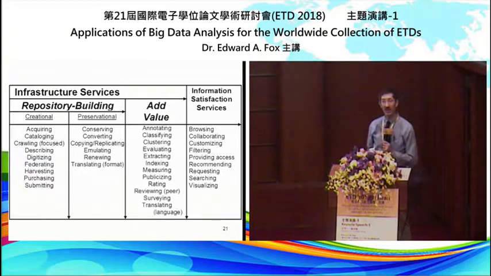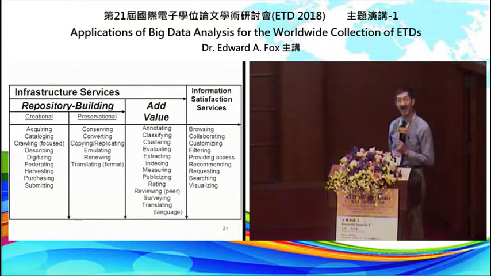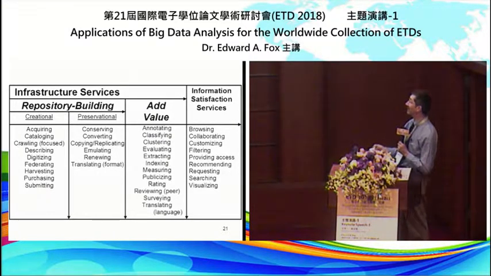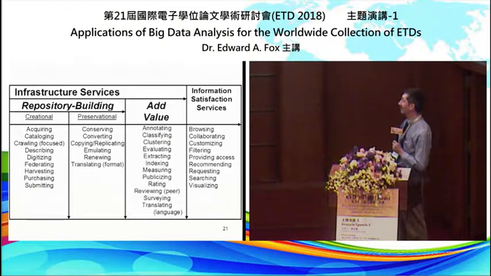But then we also want to add value. So cataloging is doing classifying. With computers, we can do clustering to help with that process. We do indexing. We do rating of things. We do peer reviewing. All of these things add value to the original works, and they're crucial for things to be successful. So that's all the infrastructure to make everything accessible to the people and satisfy their different